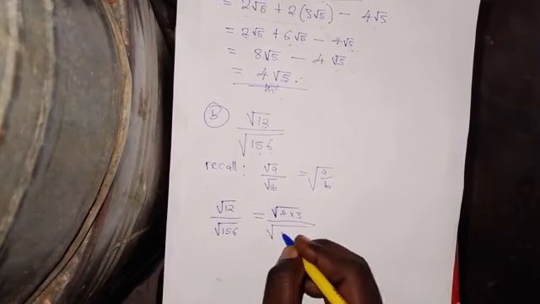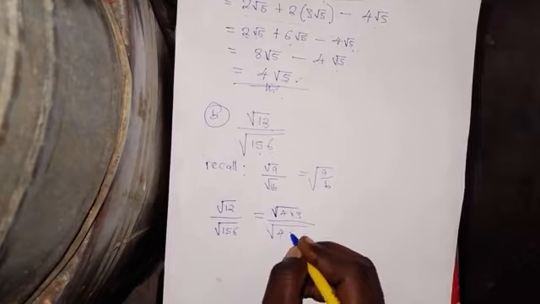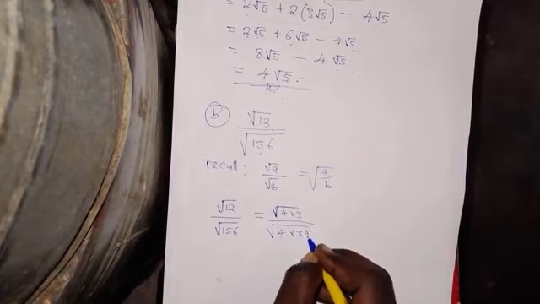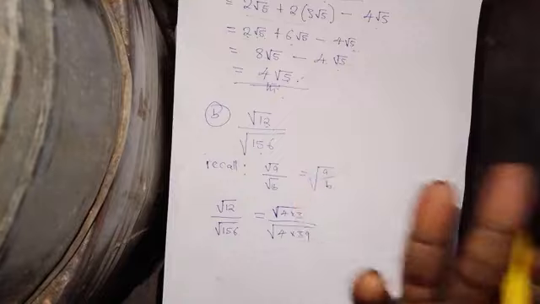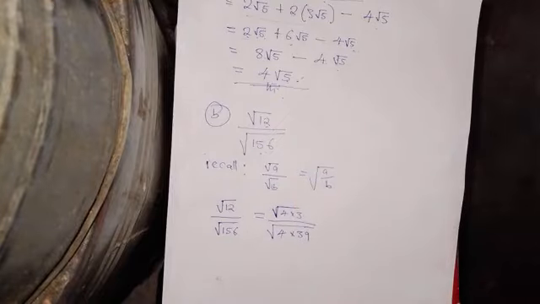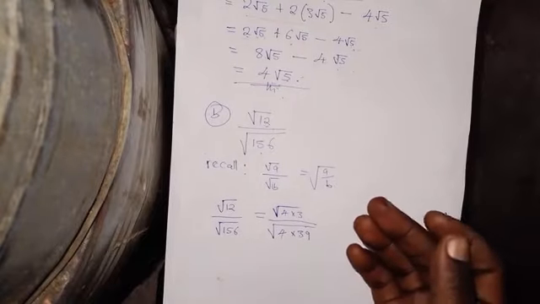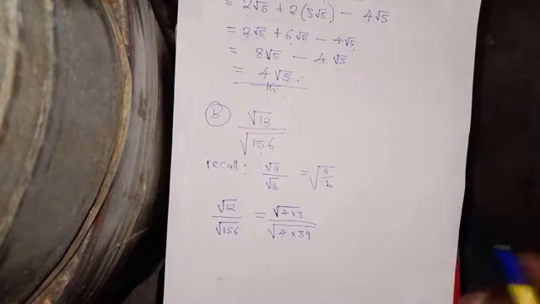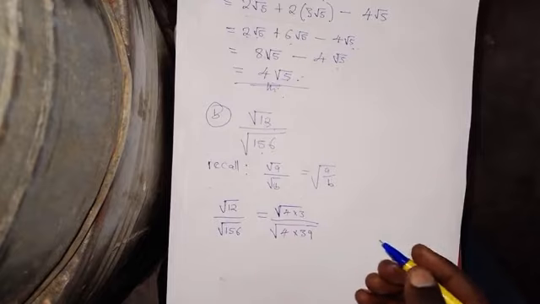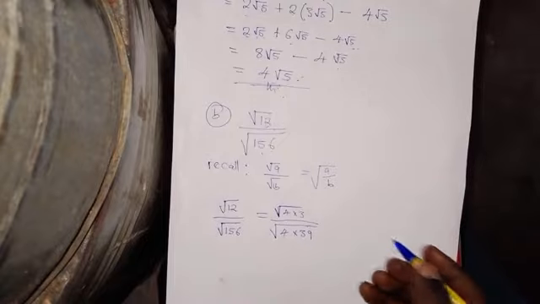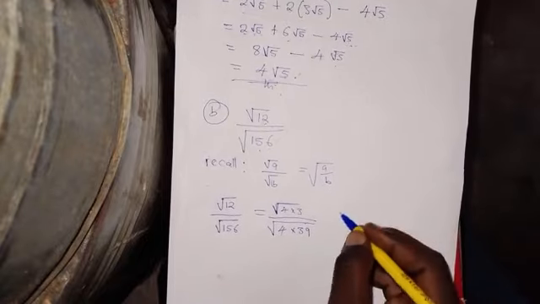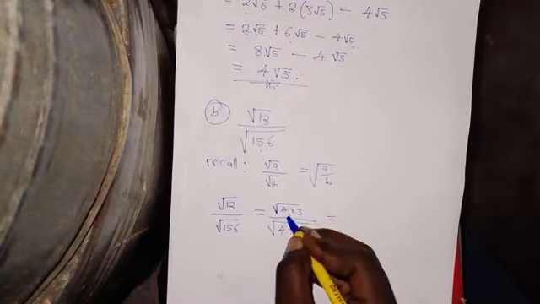We can talk about 4 and 39. We're just talking about factors. If you want, you can list the factors of 156 and then check which one you can use. Remember, one of them should be a perfect square. And then if this is the case, what is the idea here? According to the properties of multiplication,